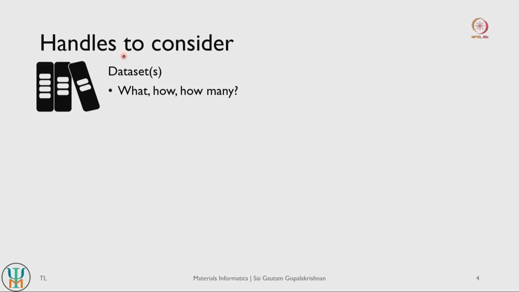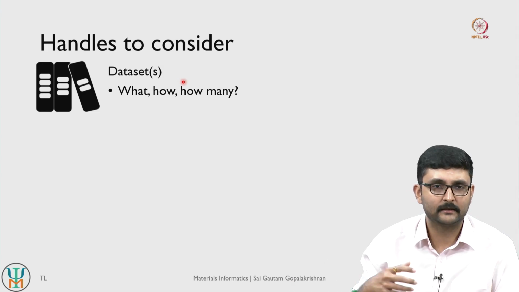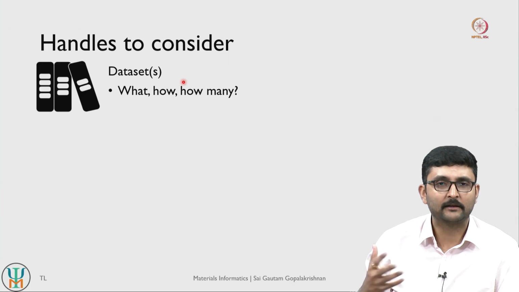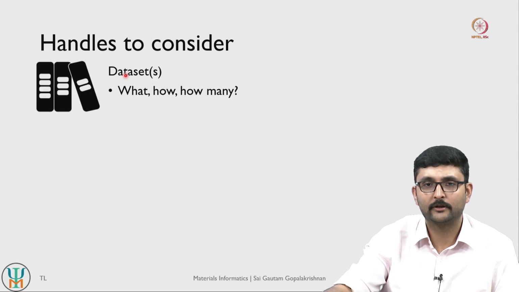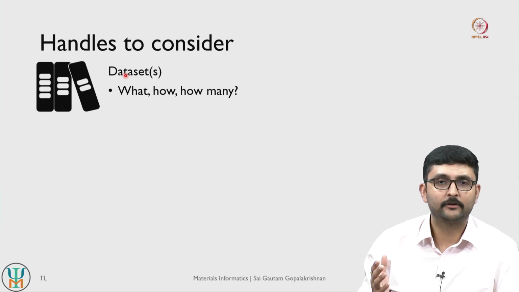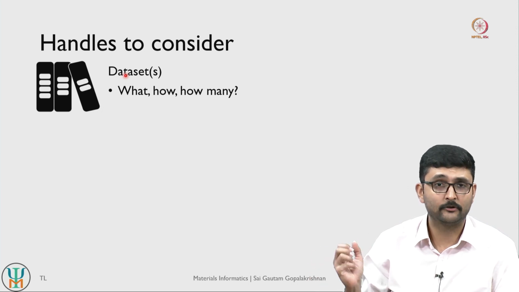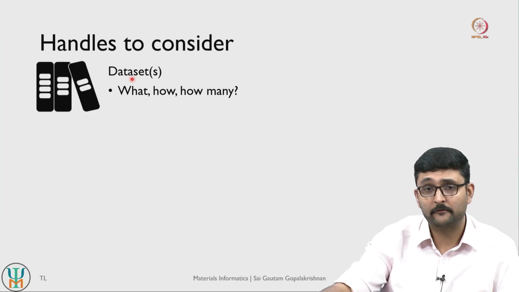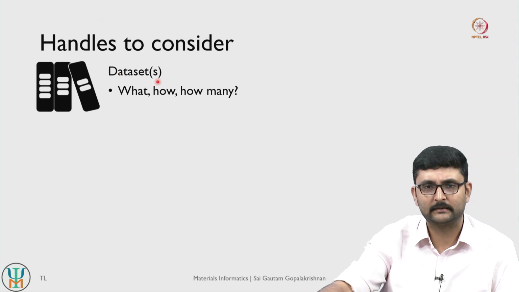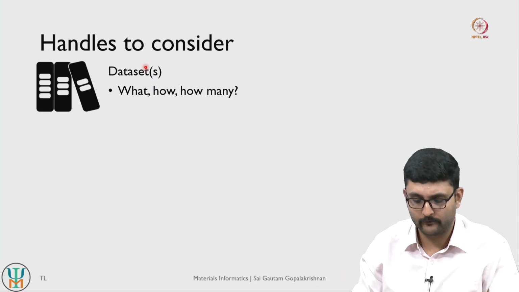Okay, so if you want to now start exploring transfer learning as a tool, it is just another machine learning framework. So you have several handles to consider or several things to think about, right. First is what kind of data sets are you going to use. So what data sets are you going to use for pre-training, so training your model initially, and also fine tuning your target property, right. So data sets is one thing that we have to consider. And we will look at what kind of data sets we have considered in our own work, which will be a good learning exercise for all of you.